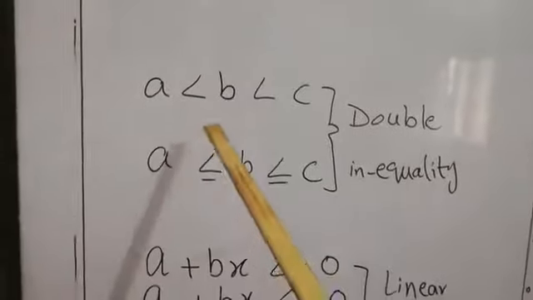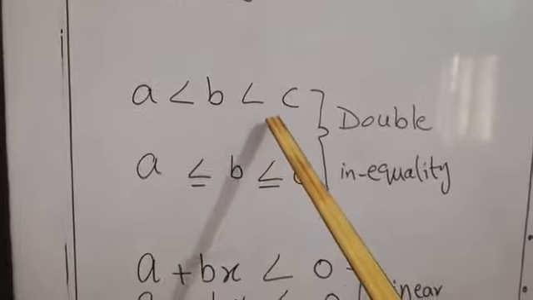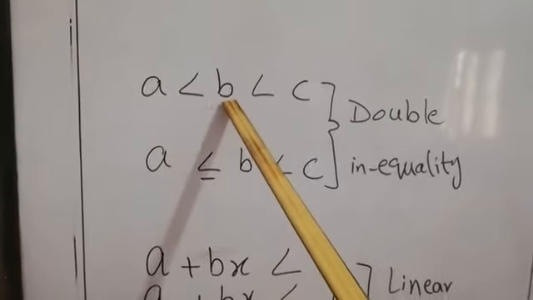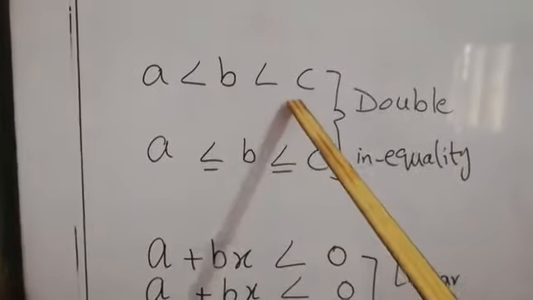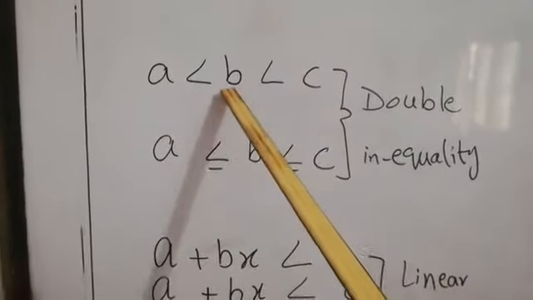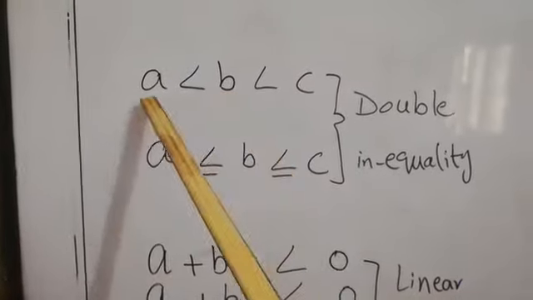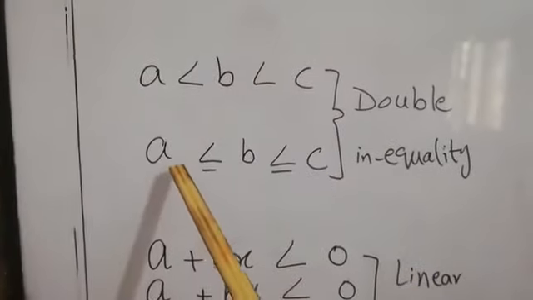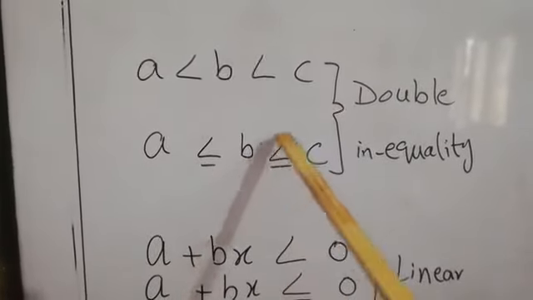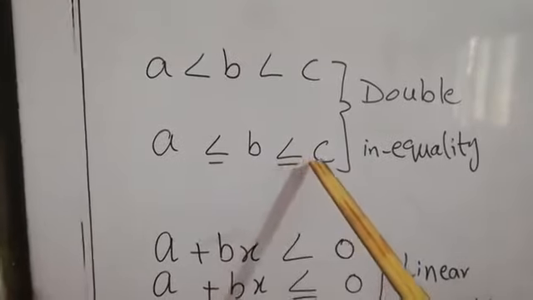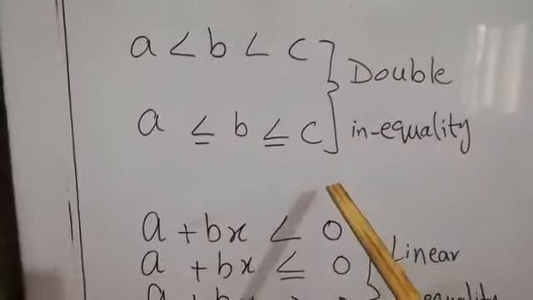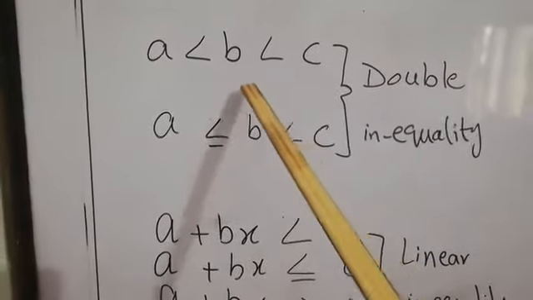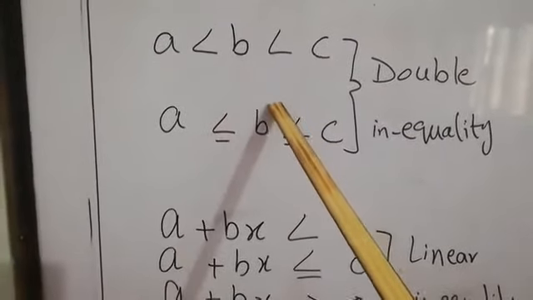And now we will use 3 real numbers, the comparison between 3 real numbers. For example, A is less than B and B is less than C, or we can say that B is in between A and C, or A is less than or equal to B and B is less than or equal to C, then this is known as a double inequality, dear students, because there is a comparison of 3 variables or 3 real numbers.